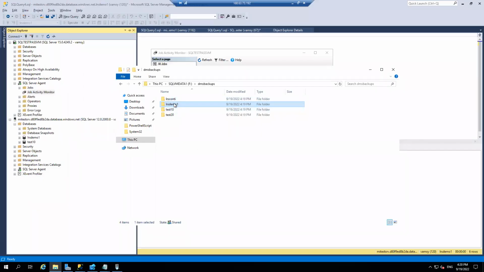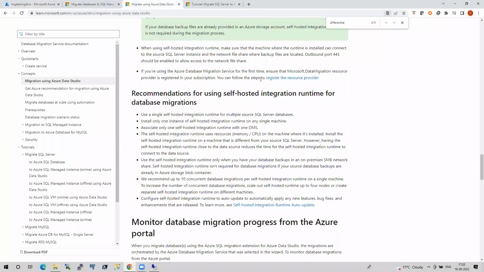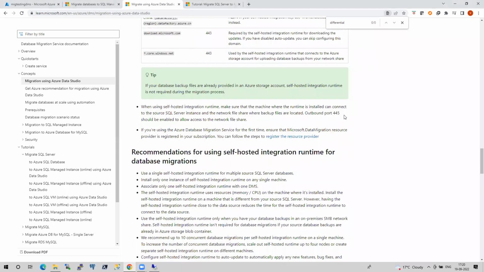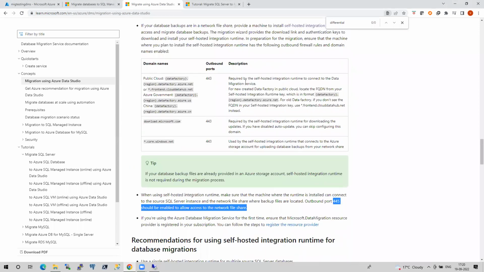So the service account should have read permissions on this network share. That is very important. And we have some ports that need to be opened. One is 443, I'll show you about that. And since we are going to place the backup files onto a network share, we need 445. 445 should be opened on our on-premises server, and 443 should be there on our